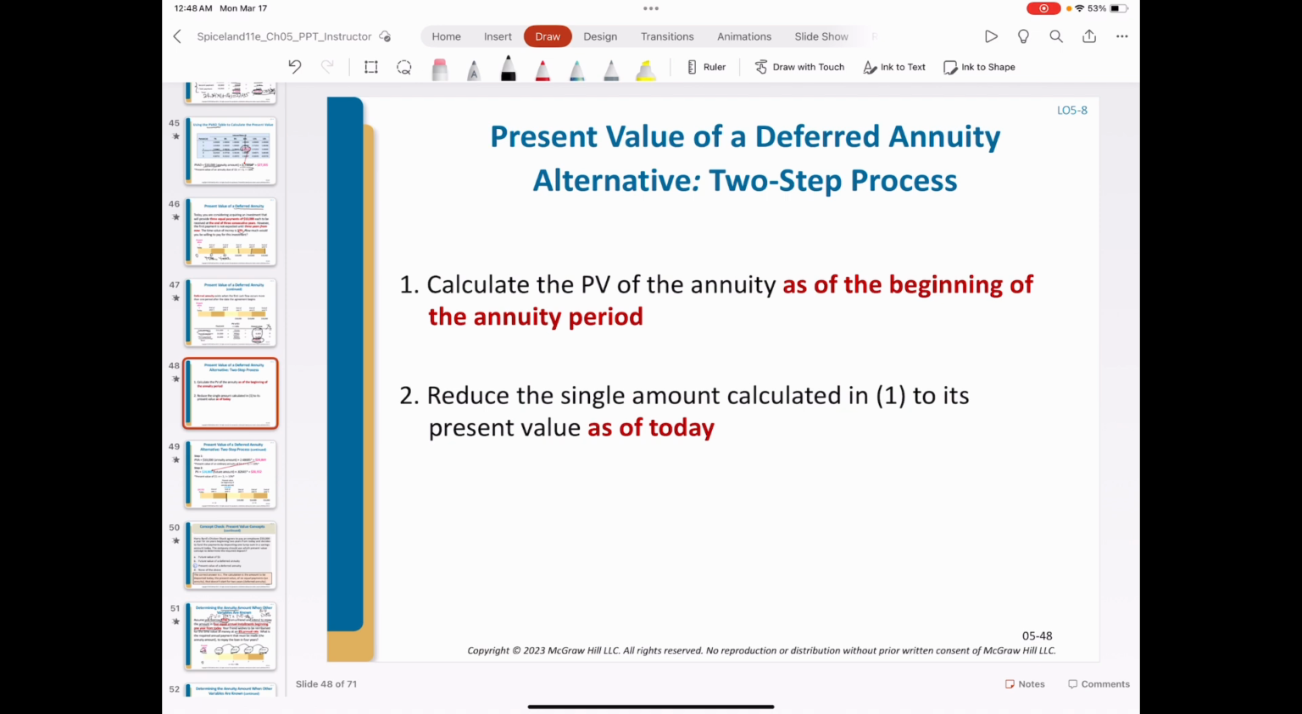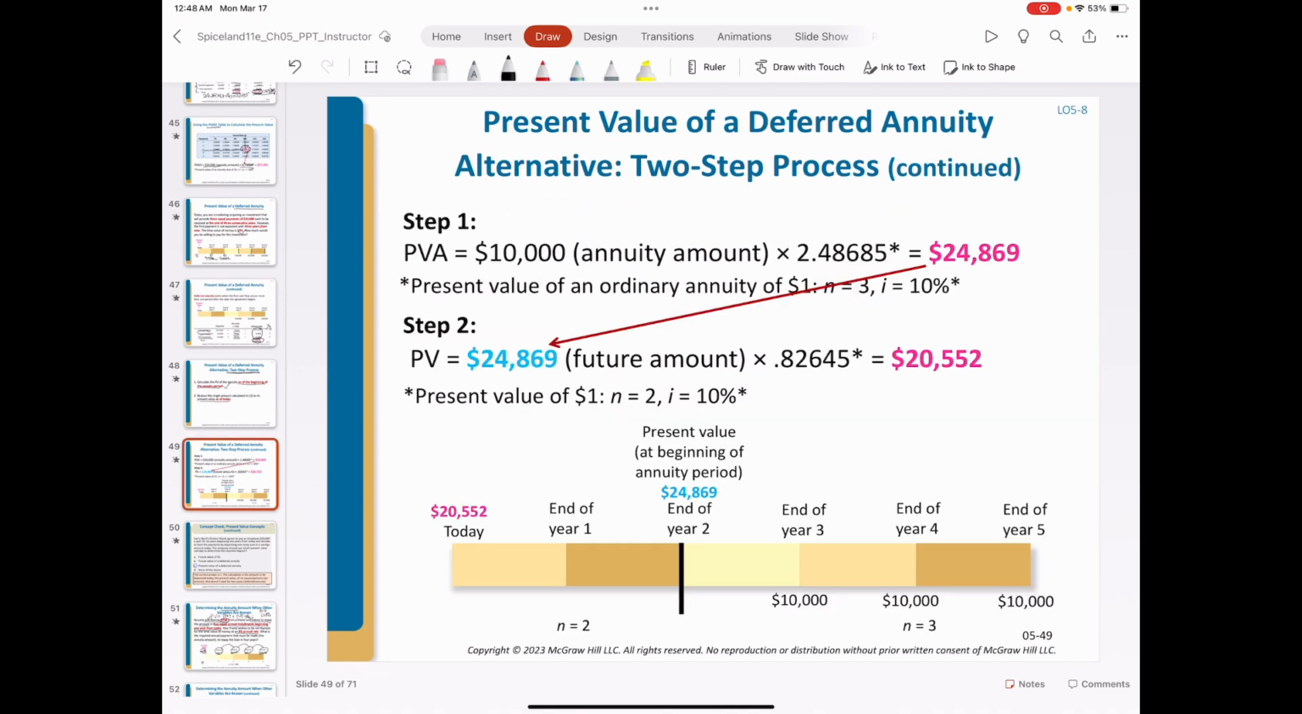So usually we follow this 2-step process. The first step is to calculate the present value of the annuity as of the beginning of the annuity period, and then discount further, treating it as a single sum. So here, since there are no cash flows by the end of year 1 and year 2,